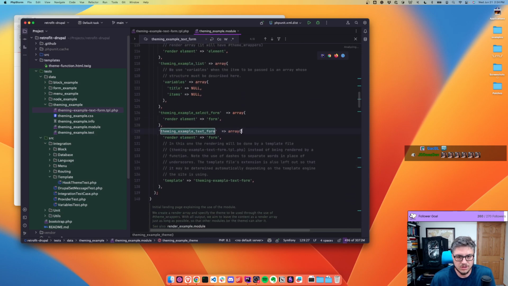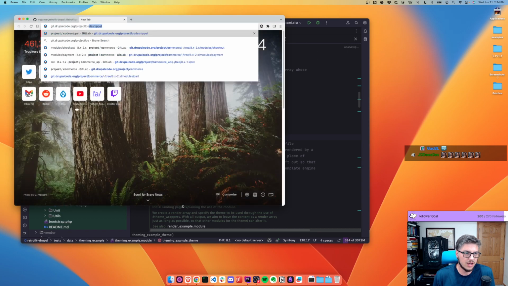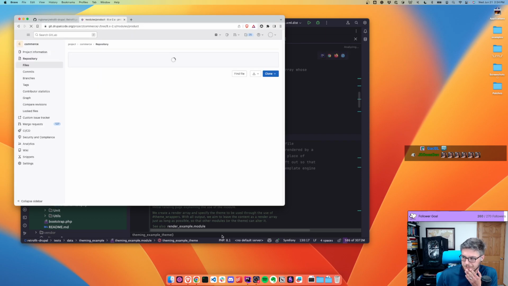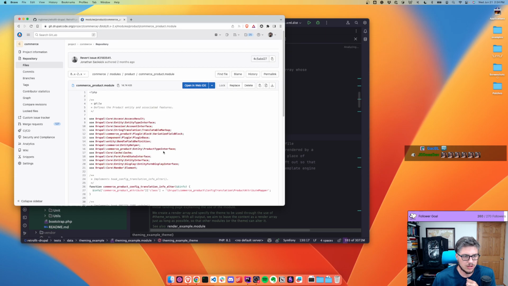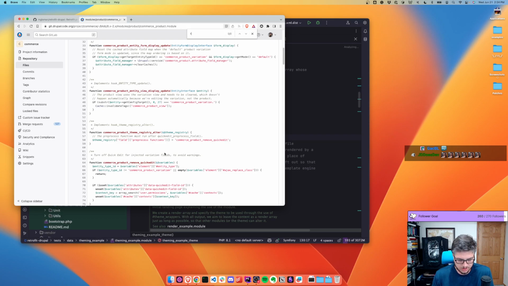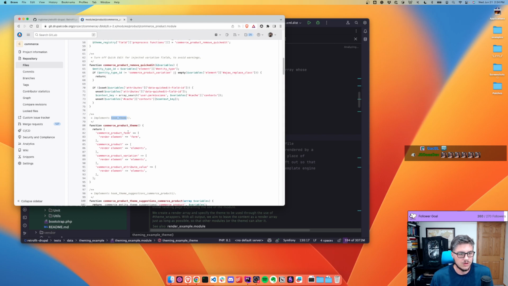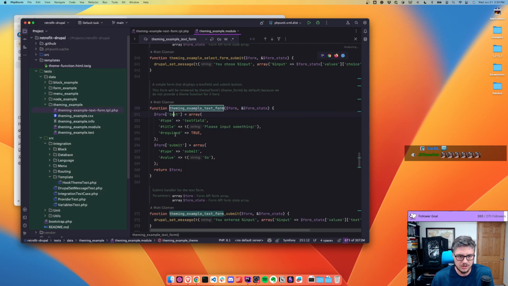So this theme hook, saying the render element is form, I'm going to compare to something I know of in Commerce that we did with product. Let's look at product. This is a little bit different because in hook theme we have commerce product form. The difference is it's not an actual callback function, but it says that the template is going to be commerce-product.html.twig. But when we invoke the theme, text form submit,